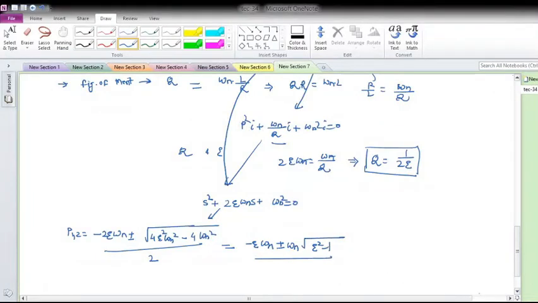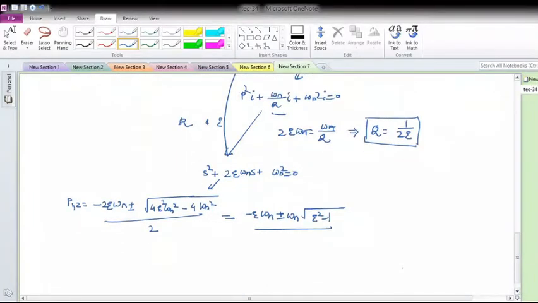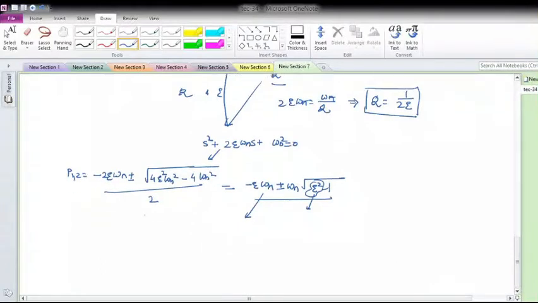Okay, so now these are my roots of the characteristic equation, and we know the roots of the characteristic equation are nothing but the poles of that particular network function. Now look at this equation very carefully. The behavior of the second order system depends on the poles of the system, and the nature of the poles will vary because here again a square root came. So the response of the second order system heavily depends on this value, that is zeta.